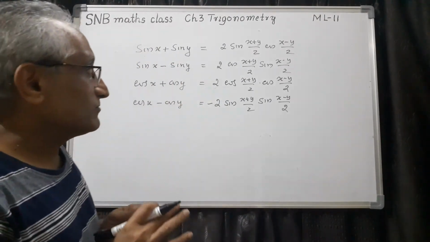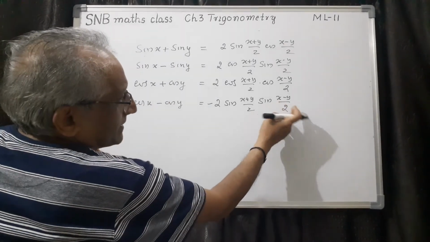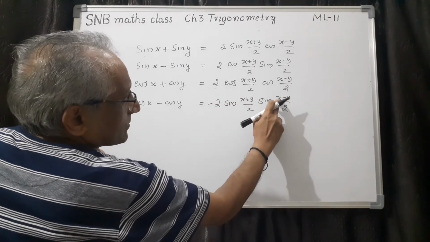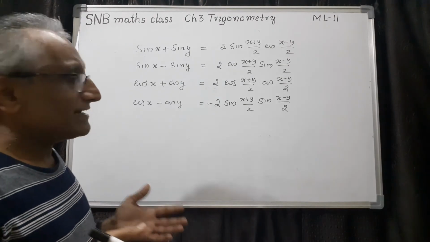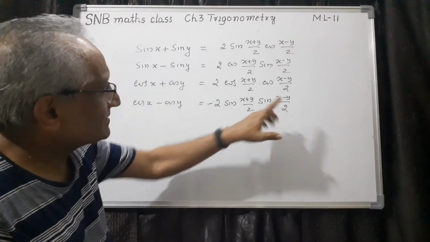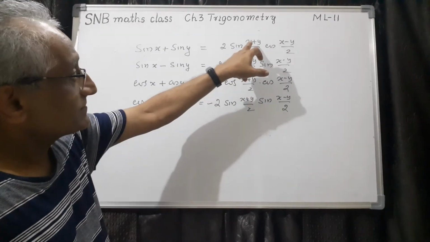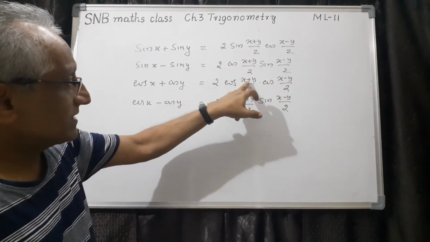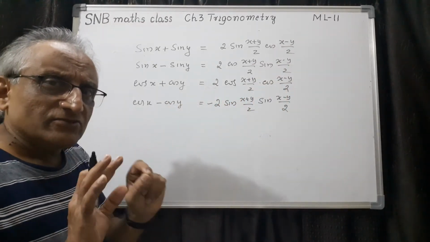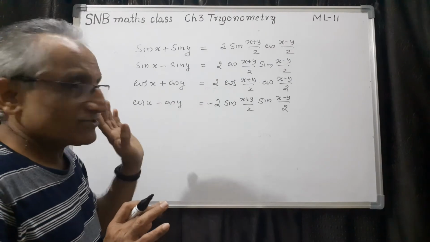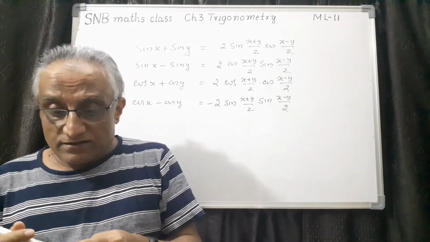Of course, in some textbooks they interchange and write cos sine of (y minus x)/2, but it won't help us, because once again you have to change. Therefore the best pattern is, all these things are the same: (x plus y)/2, (x plus y)/2, (x plus y)/2, here also (x minus y)/2. So it is just one additional thing which you have to remember, that is minus 2 here. So this completes the formula derivation.